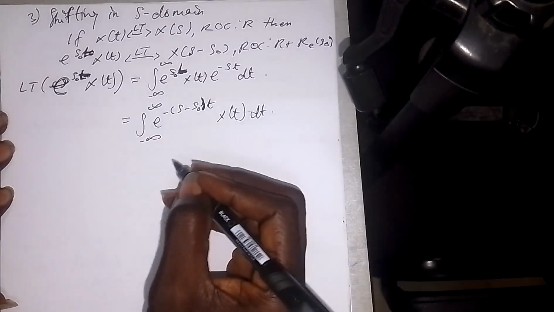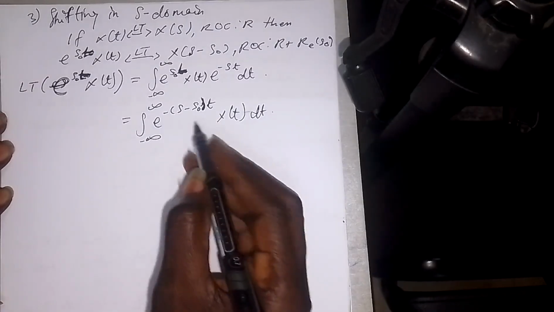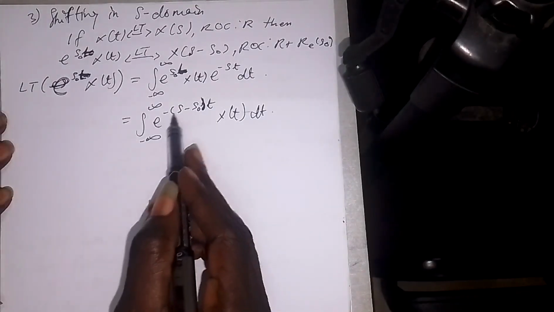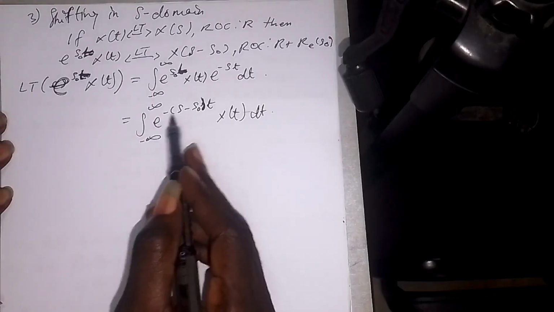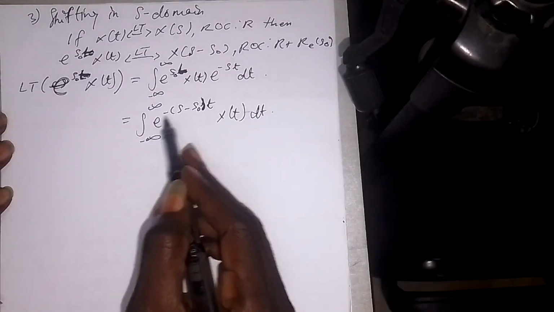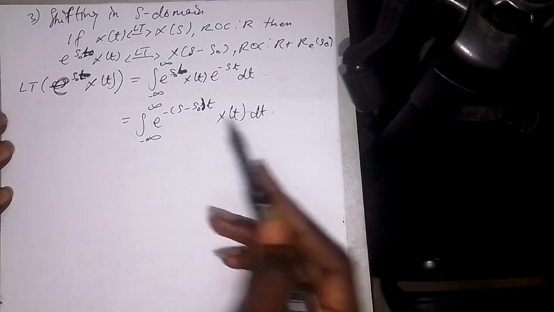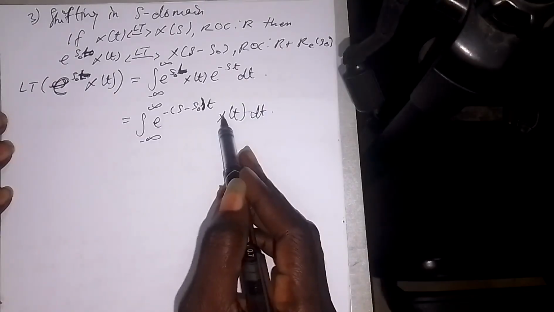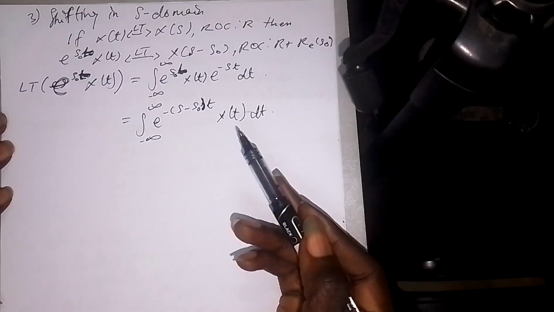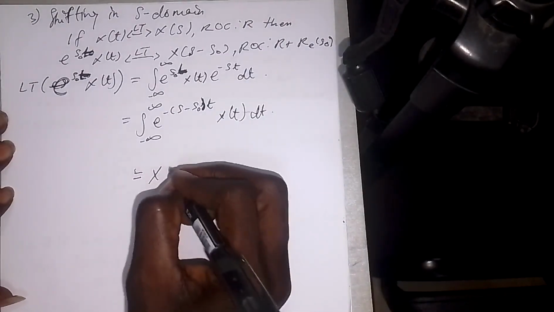Now if I have this one, basically what I'm going to get is that this and this part will give me one Laplace transform, and this one will also give me another Laplace transform. So my Laplace transform is going to be